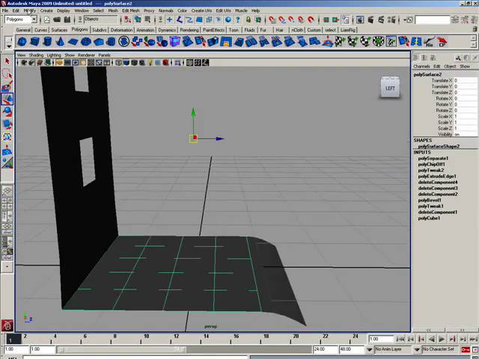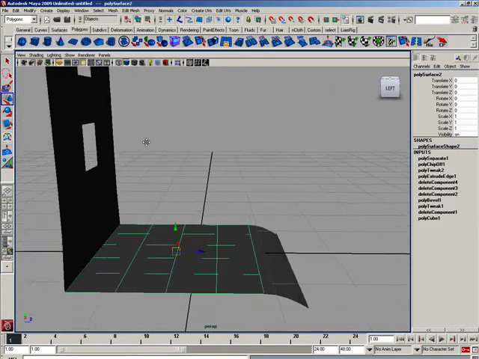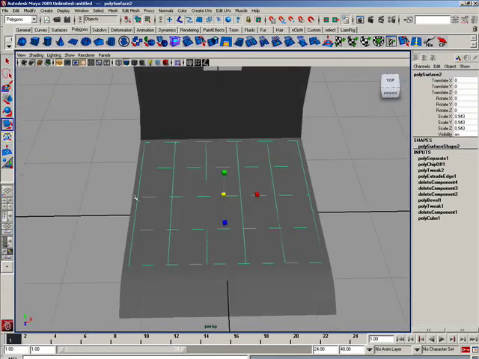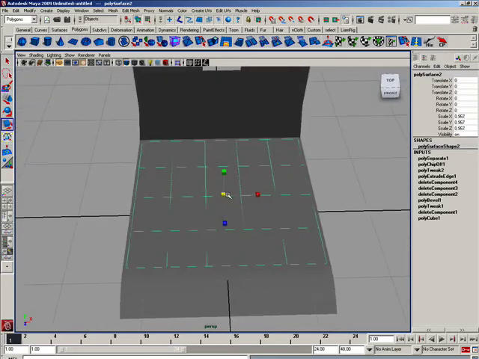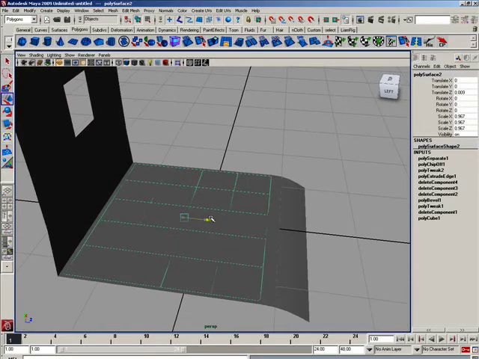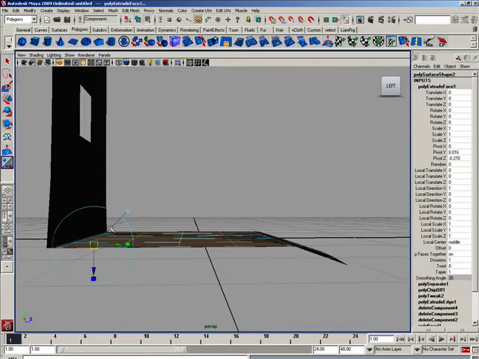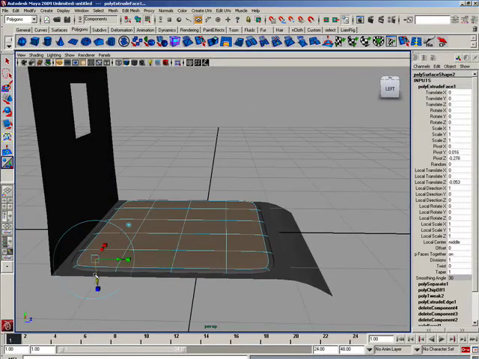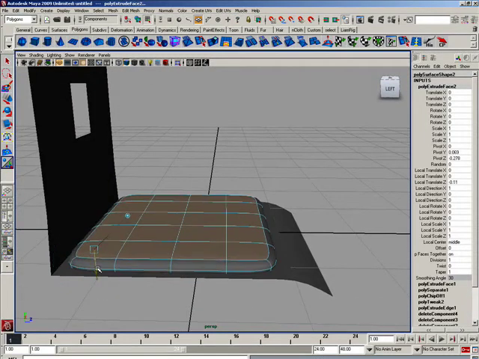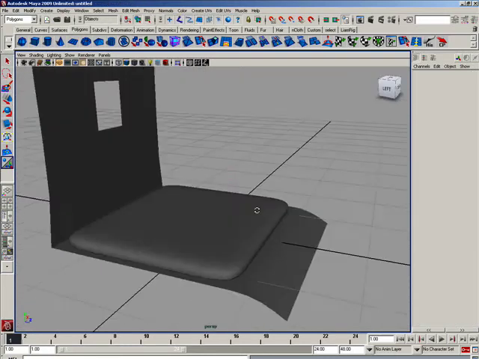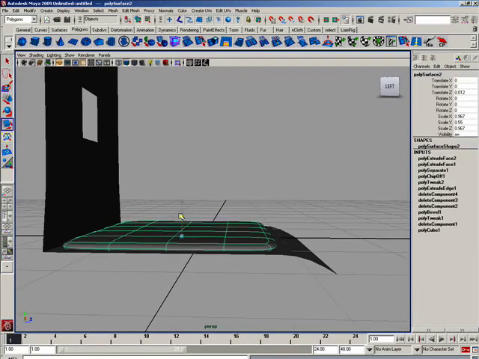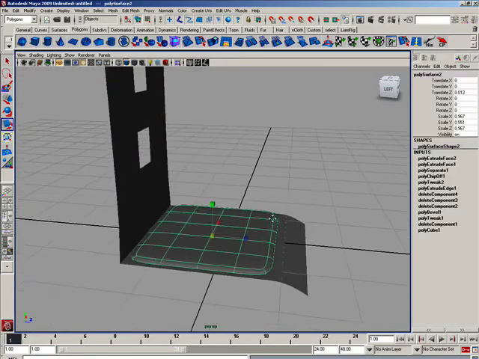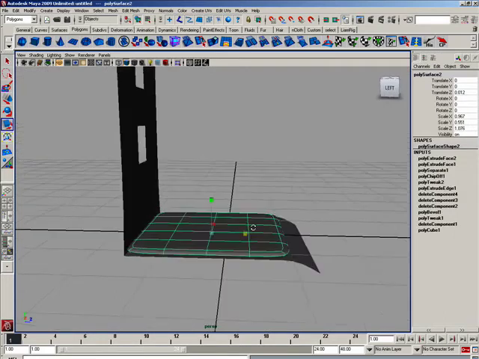Now when you duplicate, you get another surface, for which I'm going to do a center pivot and scale it down a little so that my cushion is a little smaller than the wooden part. I can pull it a little in front and then extrude it a couple of times to make the cushion look better, the way you want it to be. So that's how easy it is to do the cushion, and it's there. Again I can scale it down, scale it up a little, adjust it.